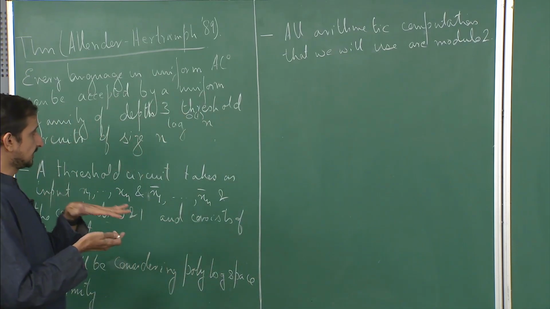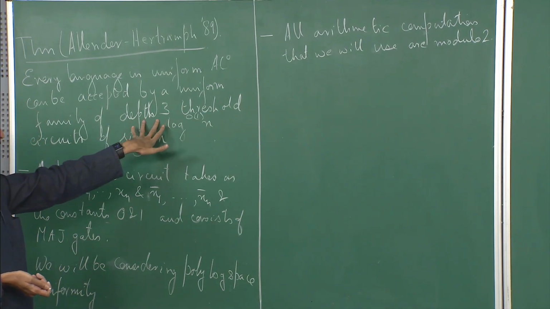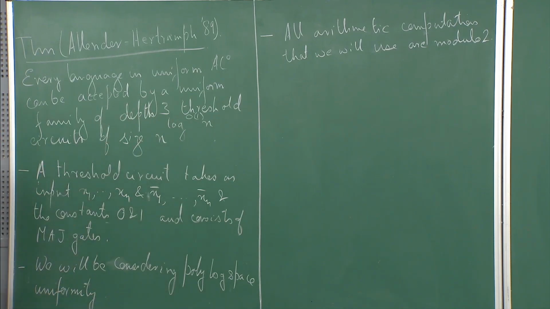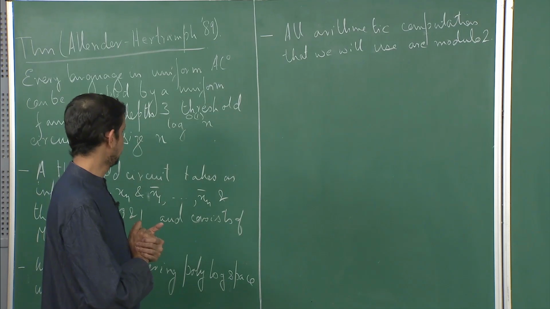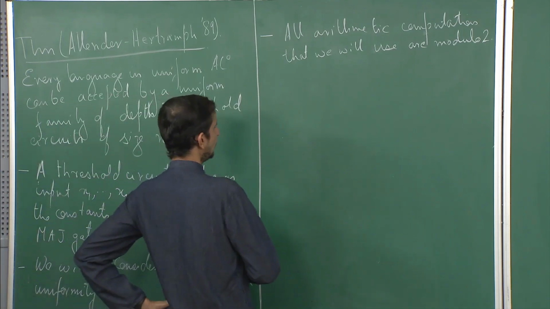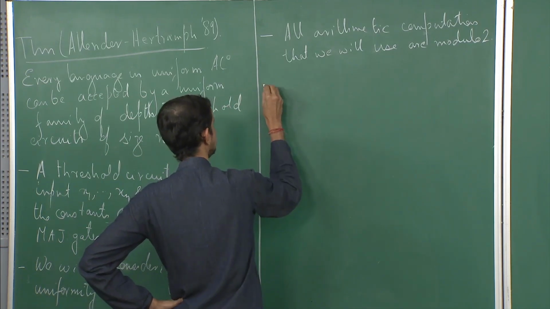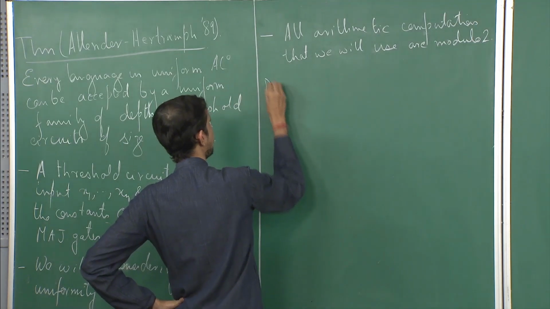So, any circuit can be squashed down to depth 2. Now, why this depth 3 is coming over here, we will discuss that later on. I mean, why we need additional layering over here, but that is trivial. Okay. So, next let me define